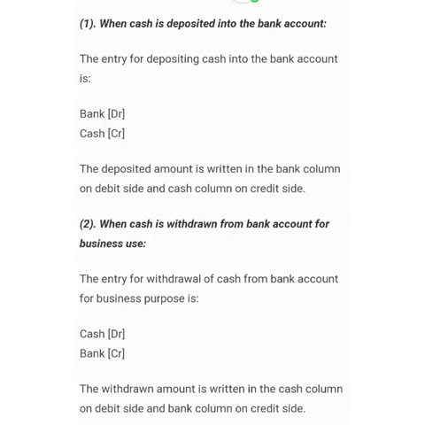The next transaction is when cash is withdrawn from the bank account for business purpose. When any amount is withdrawn for personal use, it will be considered as drawings. But in this case, the money is withdrawn for office purpose, so it will not be considered as drawings. So the entry will be cash account debit to bank account. The withdrawn amount is written in the cash column on the debit side and the bank column on the credit side.